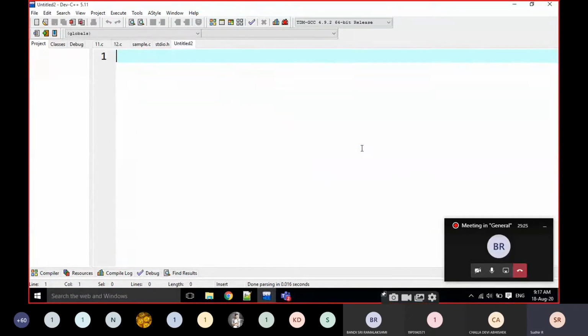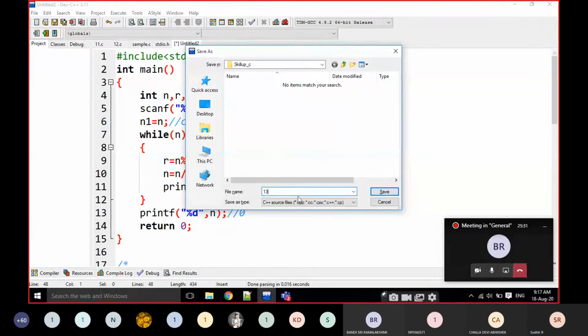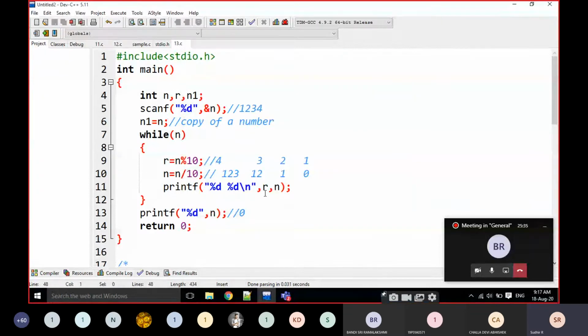Is it finished? Now I'm moving to the same program. For example, I'm going to execute it. I'm not printing that n here. I'm going to print only the r value.